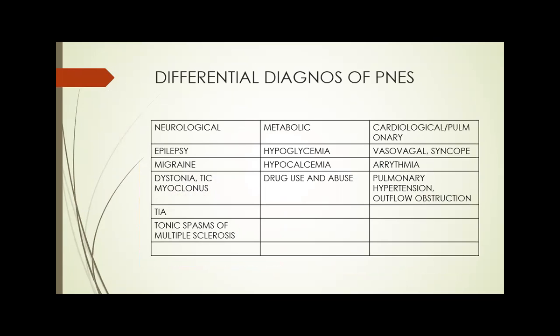Now, to reach a diagnosis of PNES, first we have to know other conditions which we have to rule out. So the differential diagnoses of PNES can be neurological, metabolic, cardiological, or pulmonary. Neurological conditions include epilepsy, migraine, dystonia, tic, myoclonus, transient ischemic attack, and tonic spasms of multiple sclerosis. Metabolic disorders like hypoglycemia, hypocalcemia, and drug use and abuse can also precipitate seizure. Cardiological and pulmonary conditions like vasovagal syndrome, arrhythmia, and pulmonary hypertension or outflow obstruction can also lead to seizure